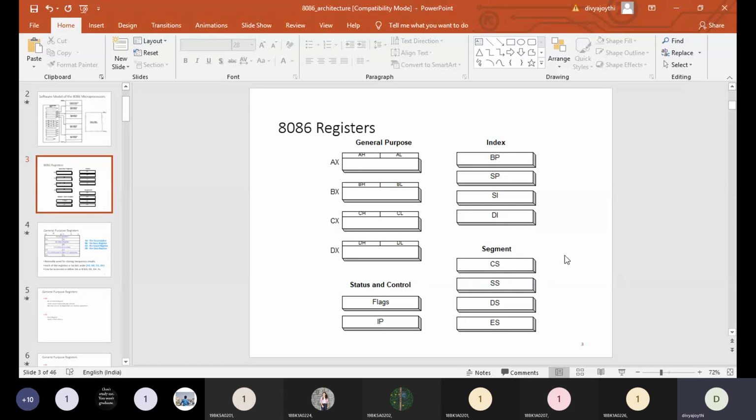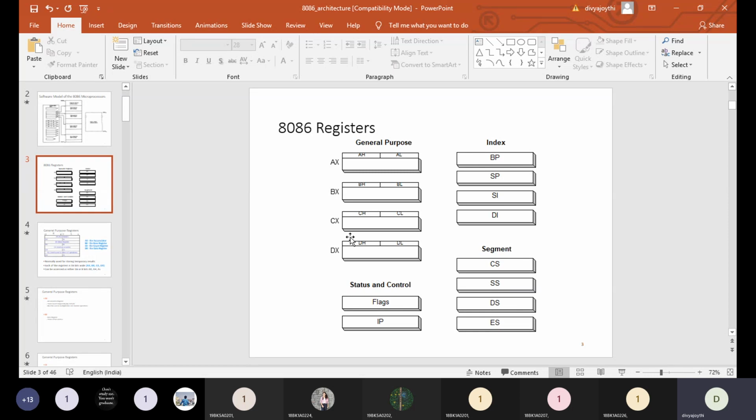Before we move on to these four groups, I would like to say one thing: all the registers, whatever sub registers they have, are of 16-bit size. Let it be any kind of register, all of them will support 16 bits of data. And now we'll be moving into the general purpose registers.